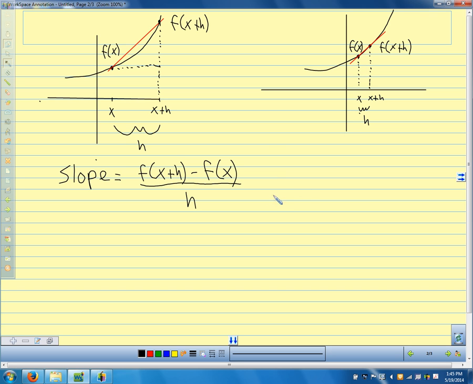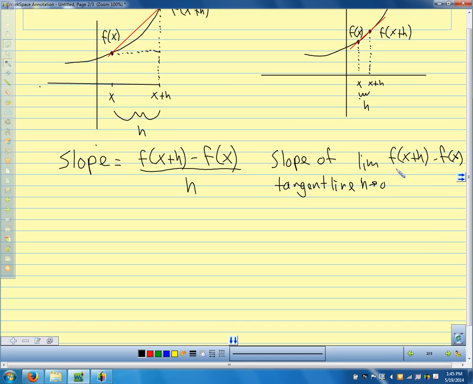And our slope of the tangent line is the limit as h approaches 0, as these two points get closer and closer together, of f of x plus h minus f of x over h. So we're just taking the rise over the run, and we're letting the run get smaller and smaller